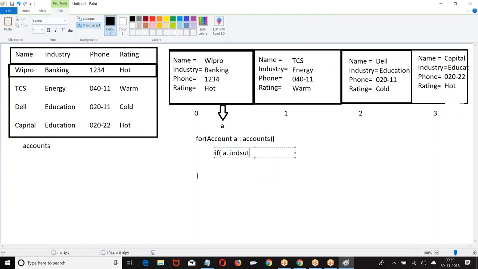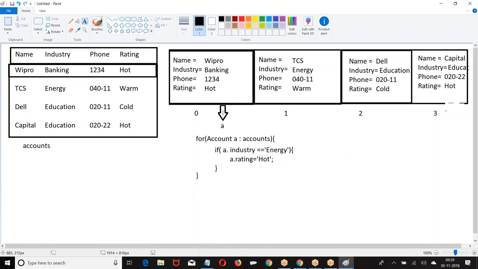If A dot industry equal to energy, A dot rating equal to hot. Then what have I done here? First record, A dot industry banking, is it equal to energy? No. So leave it. Go to the next record. A dot industry energy. If industry equal to energy, A dot rating equal to hot. So modify the warm to hot.